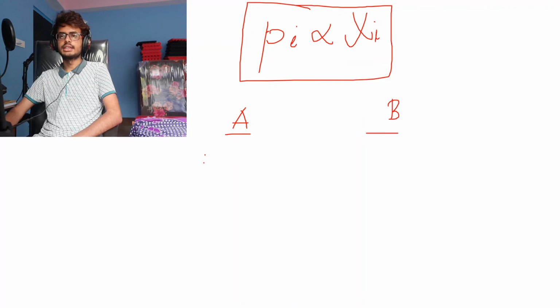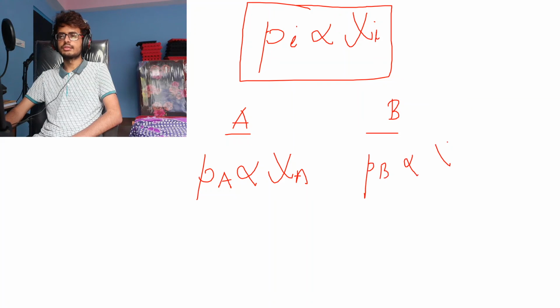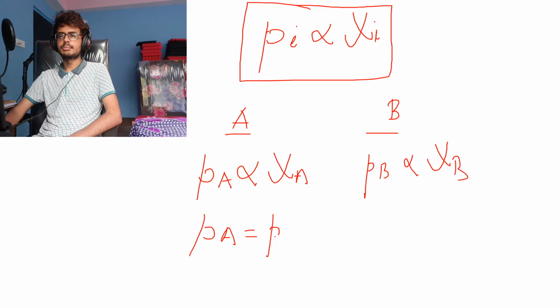Now what I do is I take a solution where there are two components, A and B, right? So what I do is I just replace the value of i with A. So P of A is directly proportional to mole fraction of A. P of B is directly proportional to mole fraction of B. So this is what I get now, right? Now I need to remove the proportionality sign. So when I remove the proportionality sign, we'll get a constant. That constant is the partial pressure of that component in the pure state, right? Into mole fraction of A.